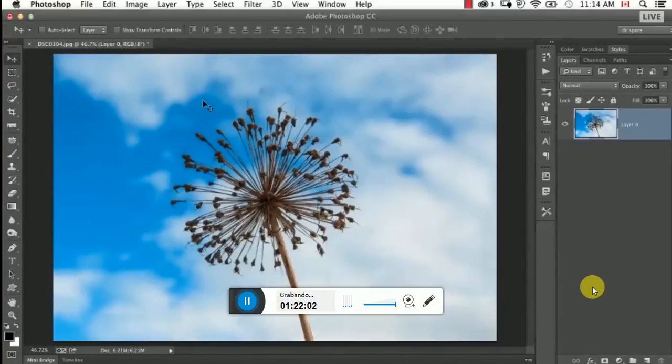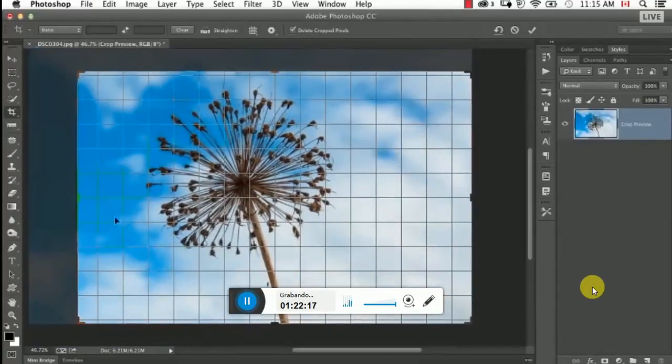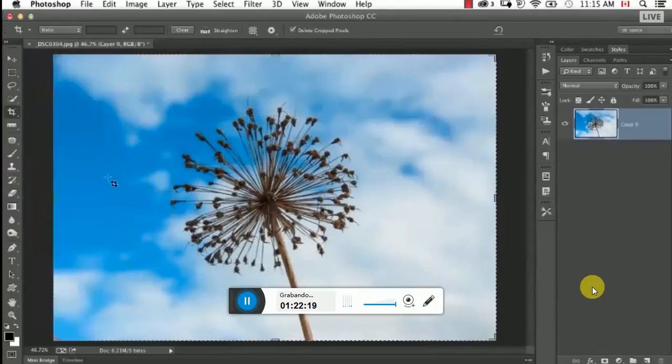First important difference is when I click on the crop tool, in the past, I would have had to click and drag to indicate an area that I wanted to crop. Here, the crop handles are already on. If I want to crop it, I can just drag the handle and you'll see now it's showing me the crop area. But I'm going to escape out of that for a second, and before we talk about that,